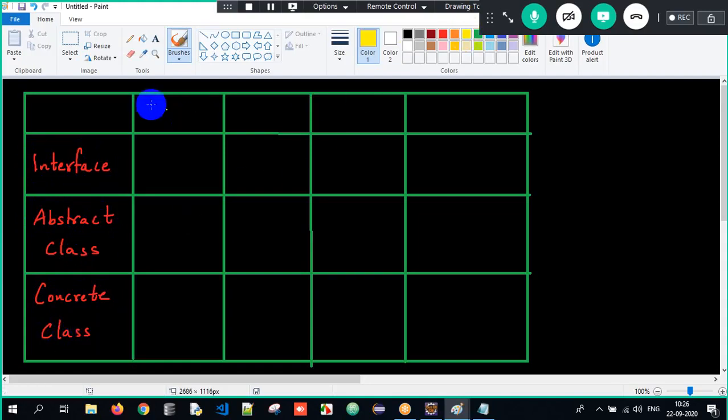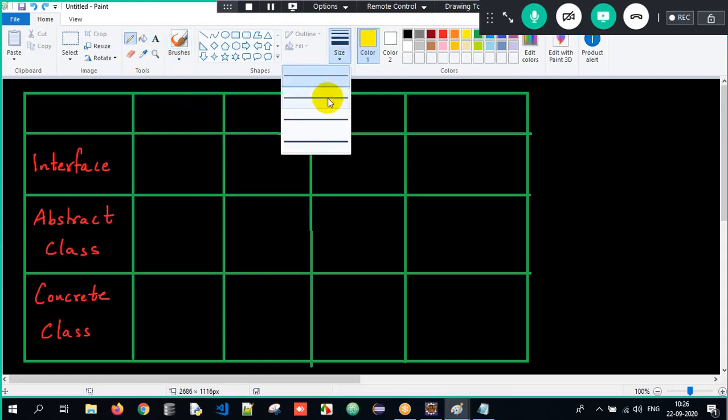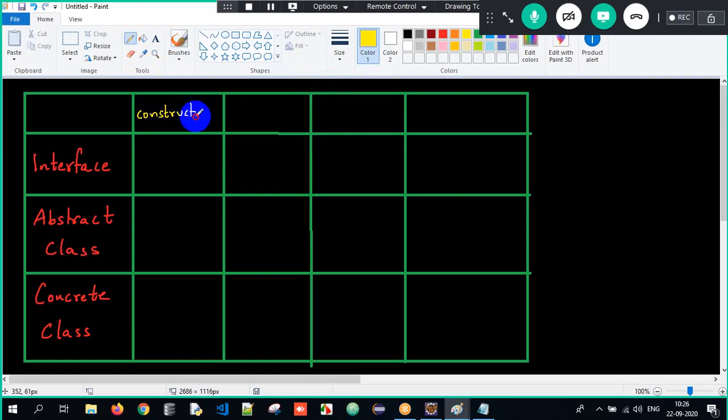Now first of all, let us talk about constructors. Can an interface have constructors here? No, absolutely not. An interface can never have constructors. Can an abstract class have constructors, guys?